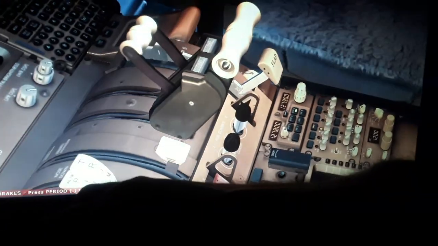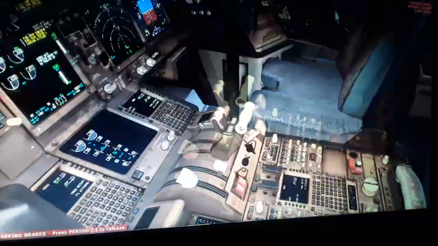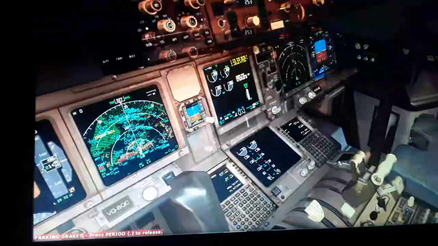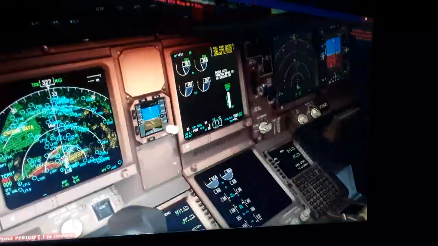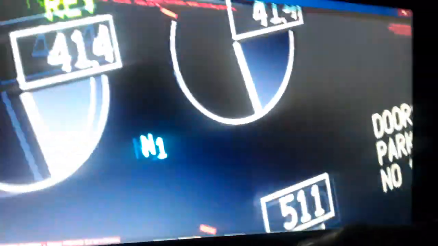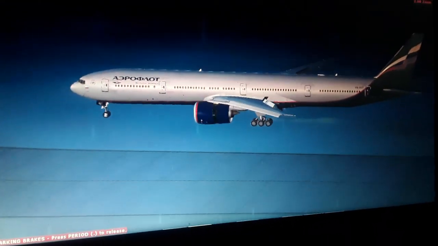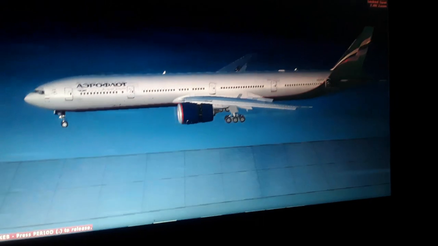If you move this up, if you have the speed brakes retracted, they will extend automatically once you move the thrust levers to idle and you extend the thrust reverse. You will see the reverse thrust over here in green. And if you look outside, you will see the thrust reverser blocker doors reverse the flow from the forward,